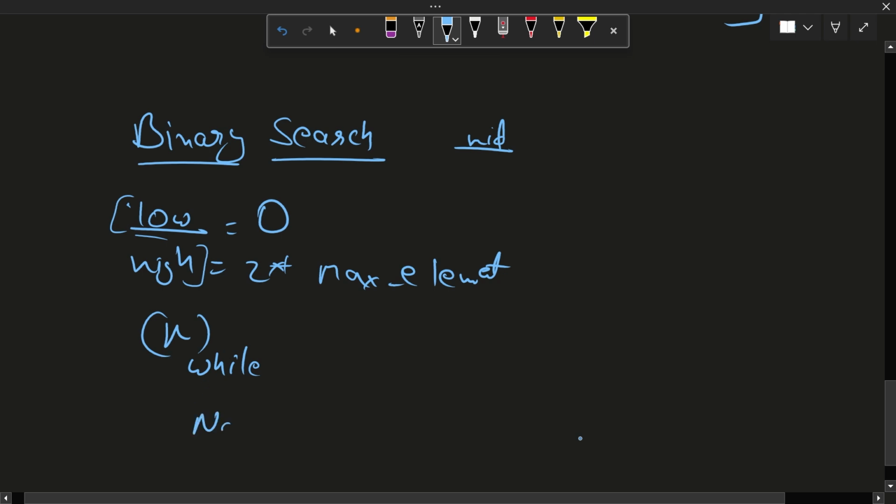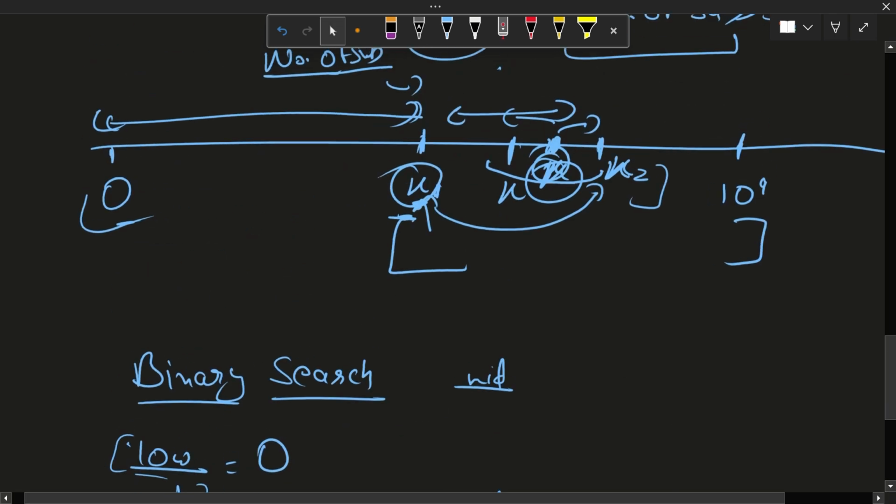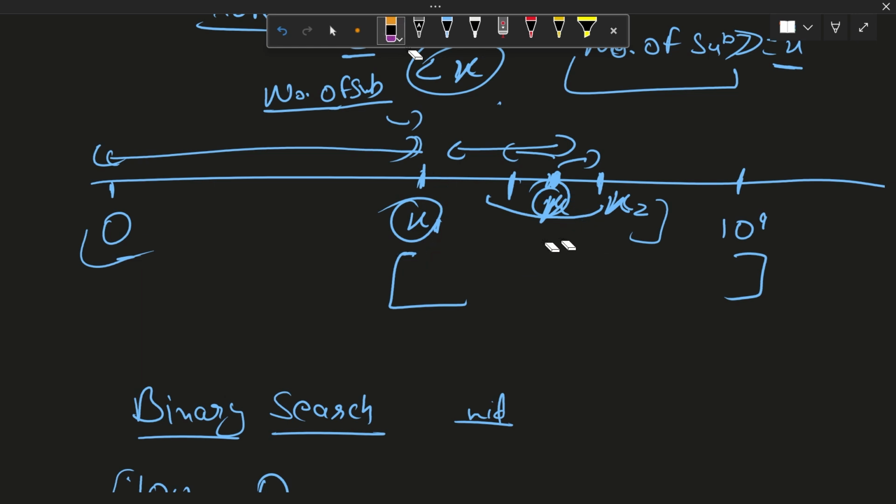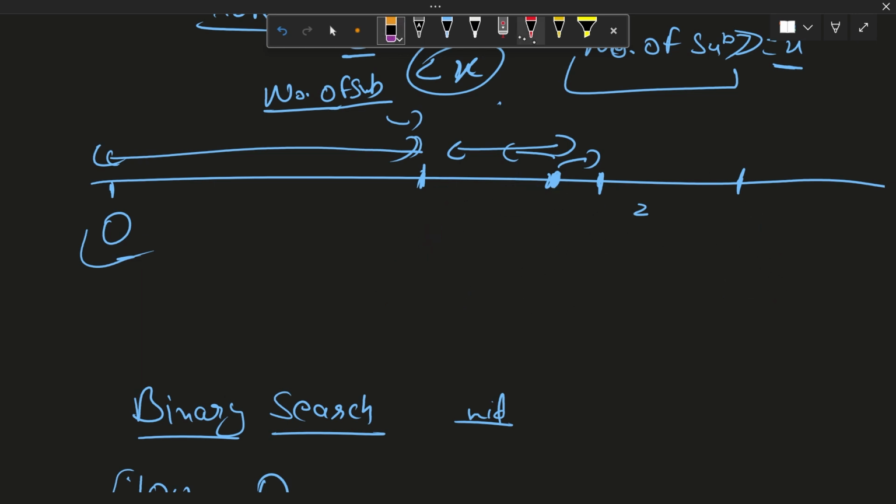and if somewhere the number of subarrays count is greater than x. If the subarray count is greater than x, then what will we do? If the number of subarrays that we have found is greater than x, then what does it mean? If let's say our k is here, and the number of subarrays is greater than x, then we will reduce our k. Then we will shift our k to the left. Now here our k will lie,